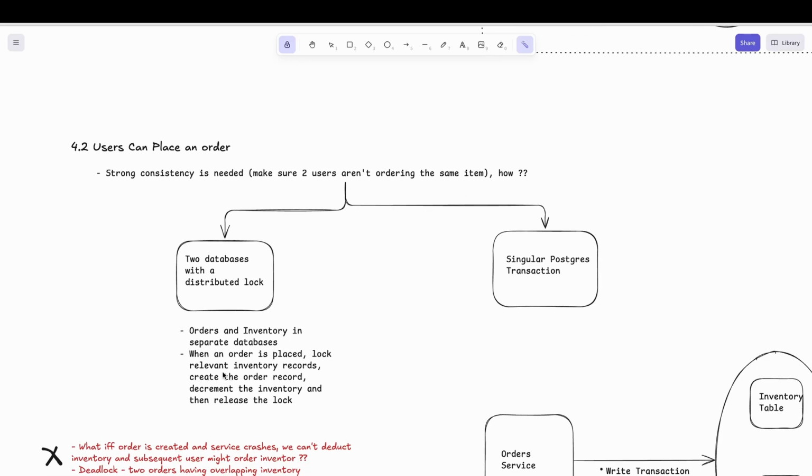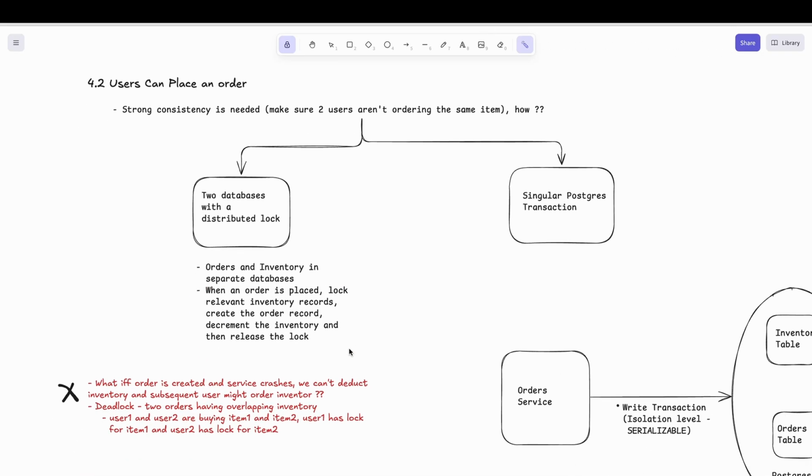So the flow is, when an order is placed, we try to lock relevant inventory records and then create an order record, decrement the inventory, and then release the lock, so that we don't let others access that resource and make sure that it is locked. So this is how the flow is going to look. But the problem with this approach is,